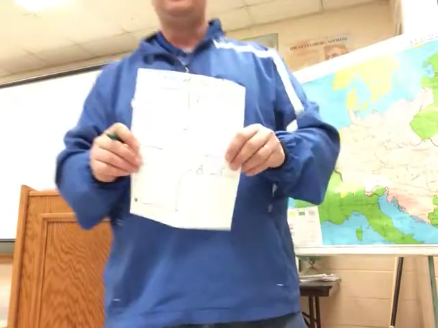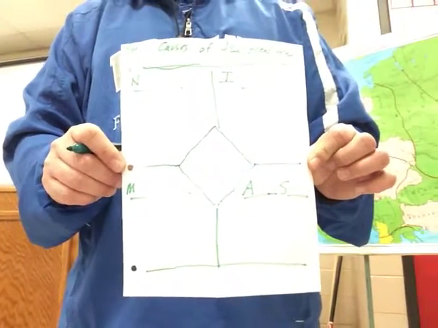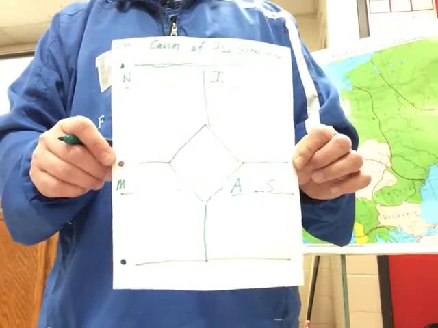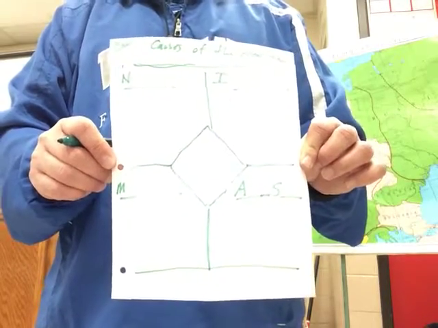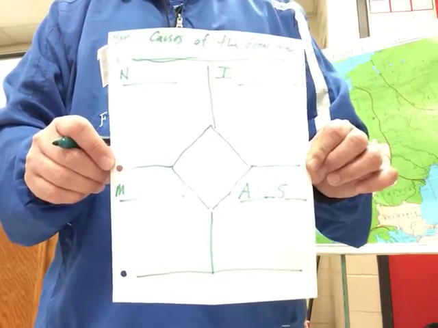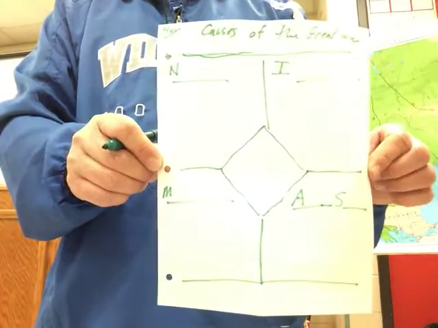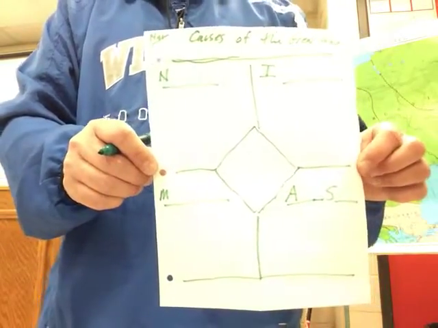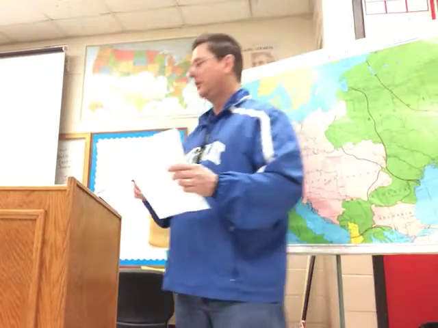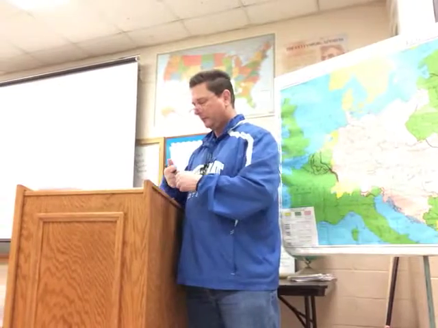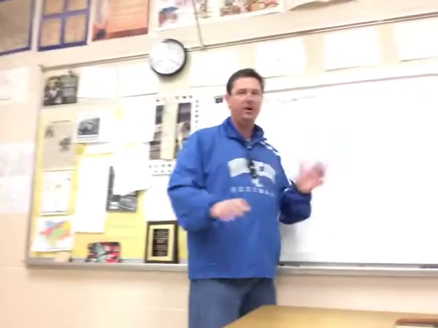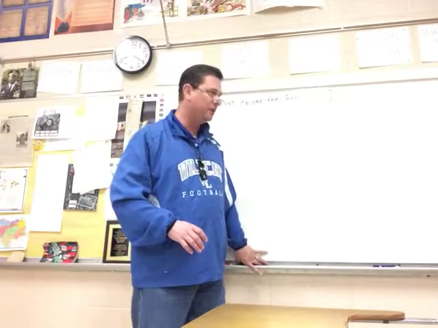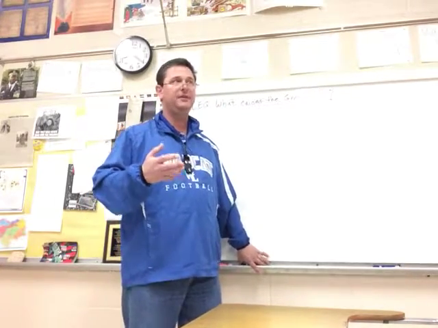So you're looking at four causes. I'll give you the first letters. One starts with N, one with I, one with M, and then there are two letters, A, S. You can get all this from section 1 of chapter 13 as you're doing a close read of our wonderful textbook. The other thing I want you to do is look for a few different facts, notes, if you would. I don't want definitions, because we've already done all of this. I want some notes, something that would help you remember the four things.